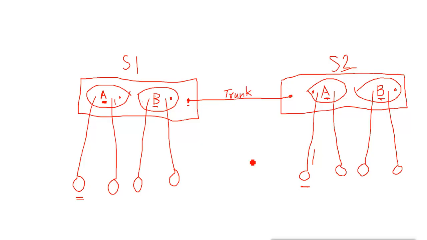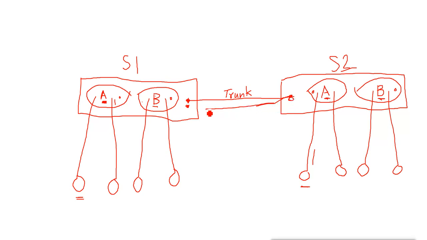What does that mean? Every port of the switch is on dynamic desirable mode. Now dynamic desirable mode means this port is desired to be the trunk. That means all the ports of the switches by default are desired to be the trunk. Desired to be the trunk means what? Suppose we connect this port to another switch, to this port. Now if this port